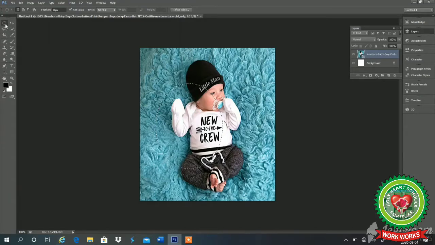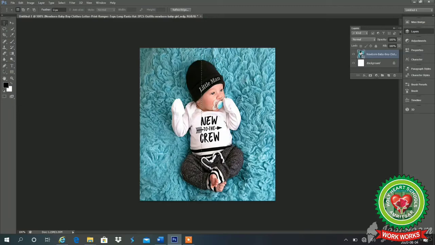The third option in the marquee tool is the single row marquee. This will select the horizontal part. When I hold and drag the mouse, see the horizontal line. This line is for the single row marquee. If I want the single column marquee, I will click on it and drag the mouse.